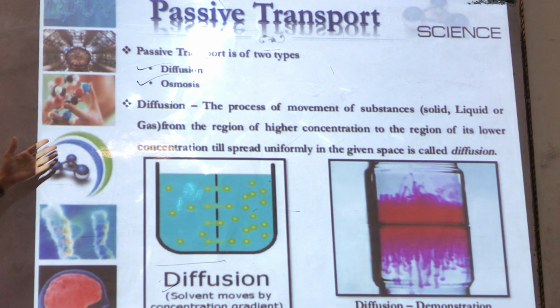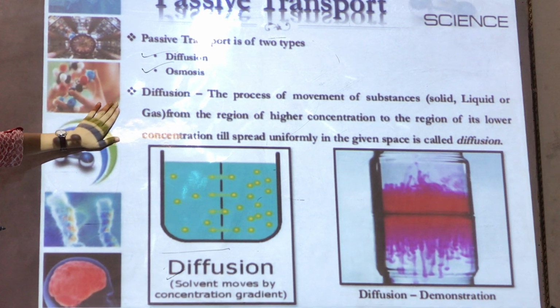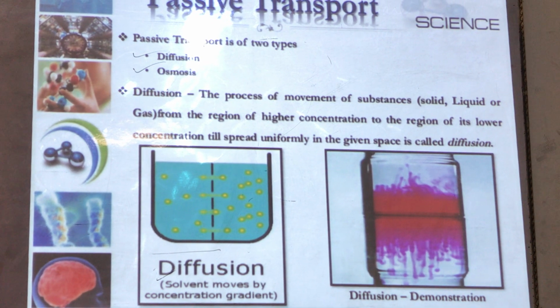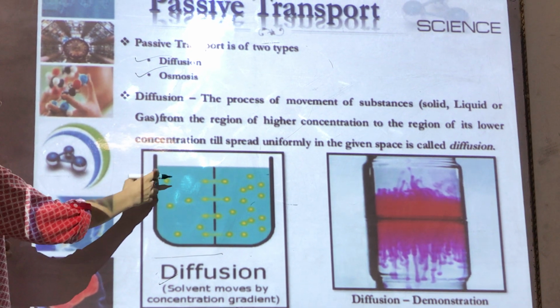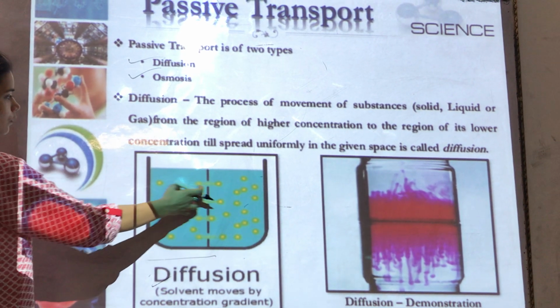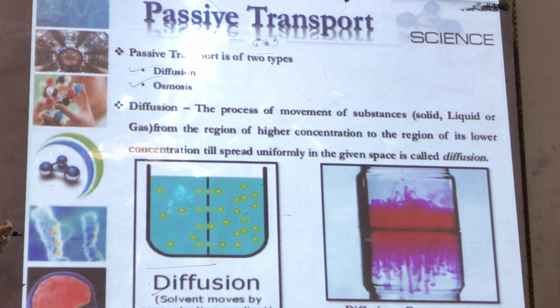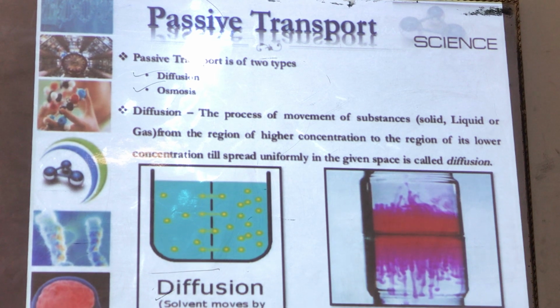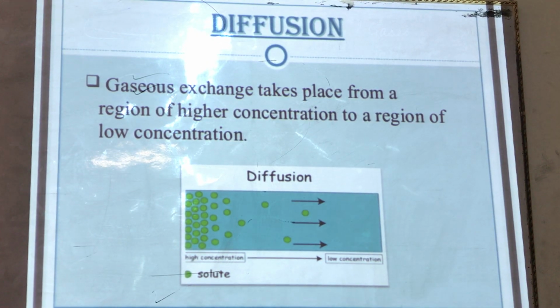So what is diffusion? We have covered that in previous classes. It is the process of movement of substances from a region of higher concentration to a region of lower concentration till they spread uniformly in a given space. How? See, this is diffusion. Now suppose